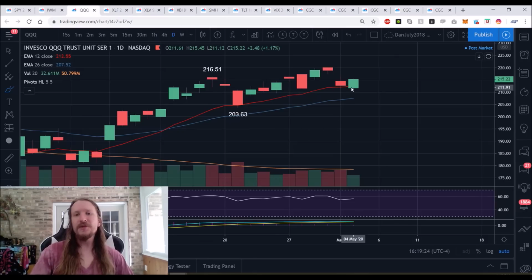QQQ, solid day today. It stood out as a clear lead bull for the majority of today. We had a support at 211.21. We broke that level by 9 pennies. Pretty convincing, or I should say an unconvincing break. And if we break the high of today, we'll have a new key short-term support level, and we'll be looking